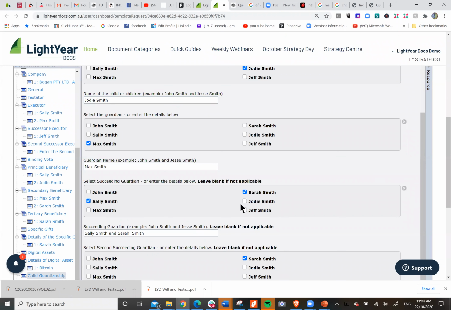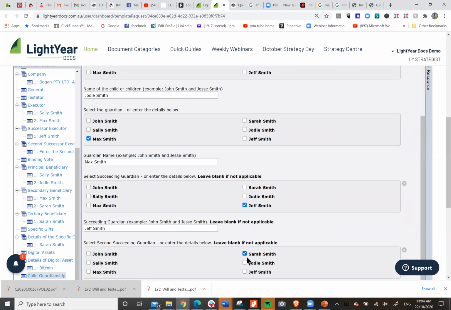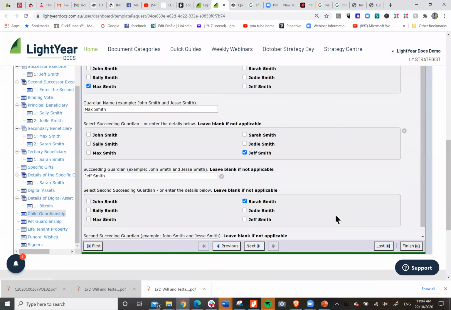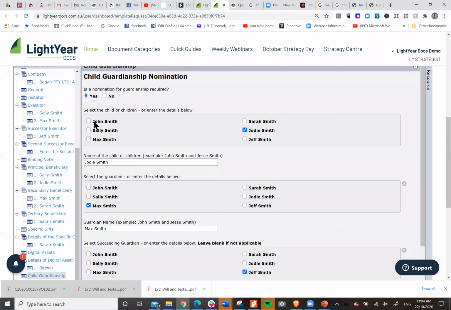And then succeeding guardian, we might make it Jeff Smith and Sally Smith. Second one, we might make Sarah the second succeeding. So again, that's just for Jody, but it would only work, for example, if John dies and Sally's still alive, then obviously it's going to be Sally.